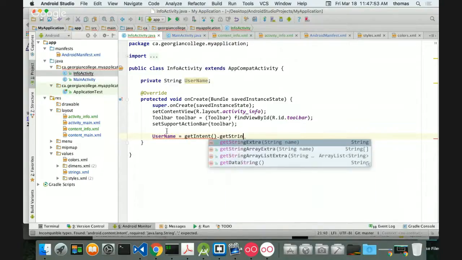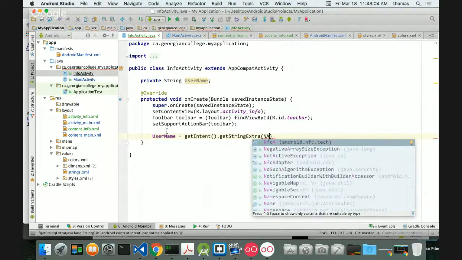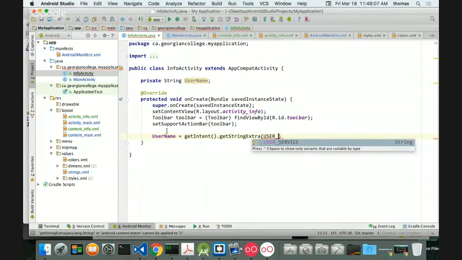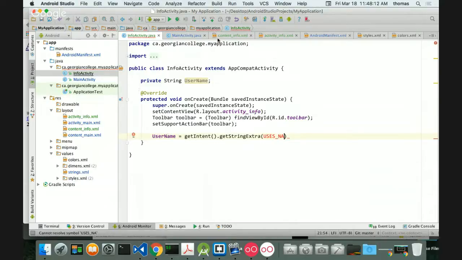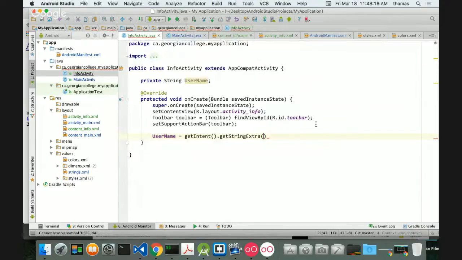get string extra. And then in my extra, I'm going to put in the name, the extra is for my intent, which is going to be my name, should be by capitals, I think my username is what I put it, username. Did I put username or username? This is where the problem is. And I think I did this last time. Hold on a second. Name info, sorry. Name info, I'll be okay. Name info. And it's not showing up because I think inside my activity, and then comma false, right? Comma false. In my activity, sorry,